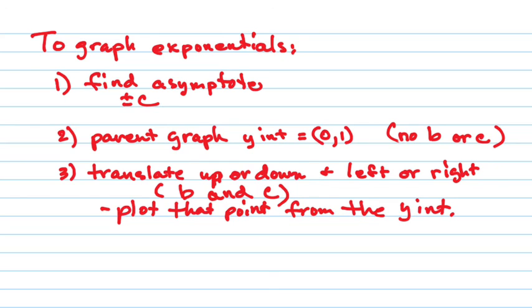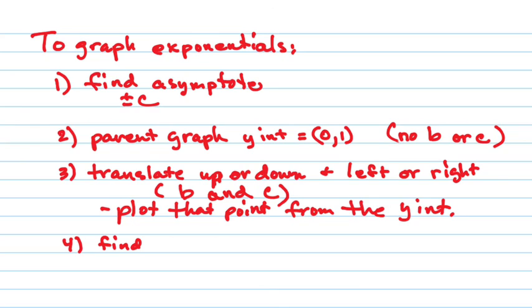Because usually when we do our B and C, we're moving from the origin, right? But on exponentials, they're different. You're moving from the y-intercept of the parent graph. And that y-intercept is always the point 0, 1. So that's why it's a big deal to think of the parent graph. Good question. Okay? Then